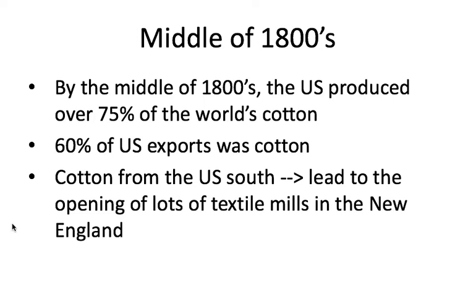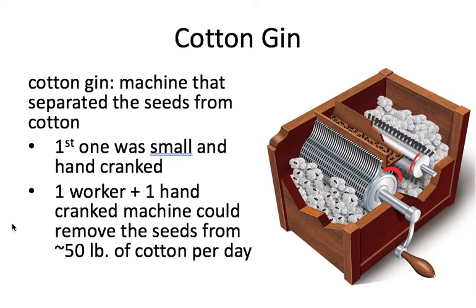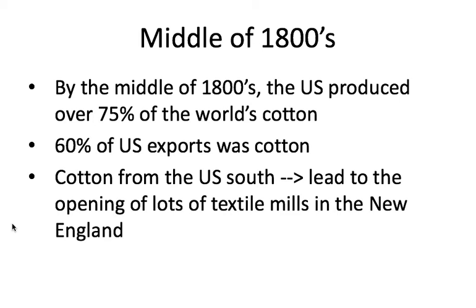So this one machine not only made the U.S. the producer of 75% of the whole world's cotton, it then spawned other industries in other parts of the U.S. And this is a general trend that happens with automation. When you automate one process,